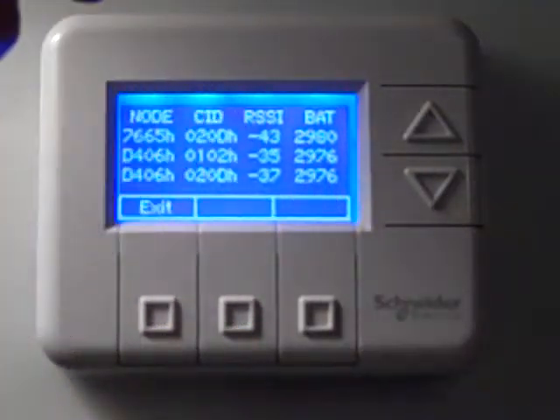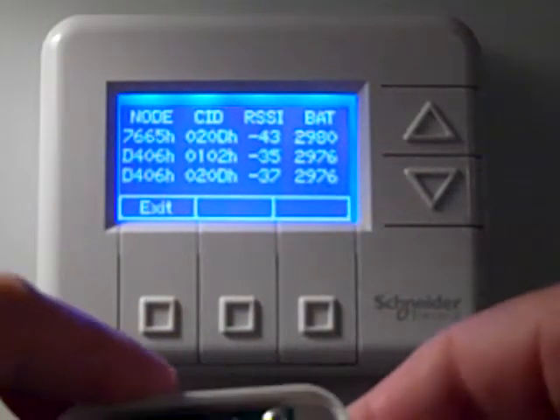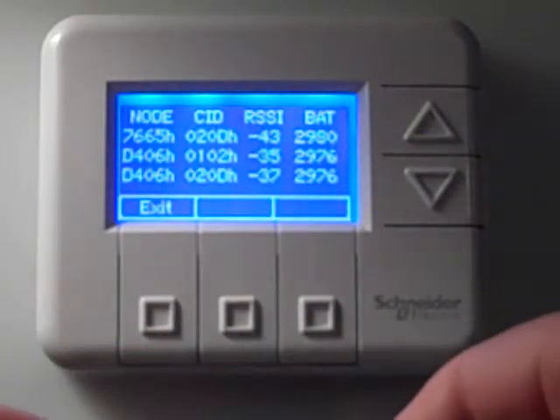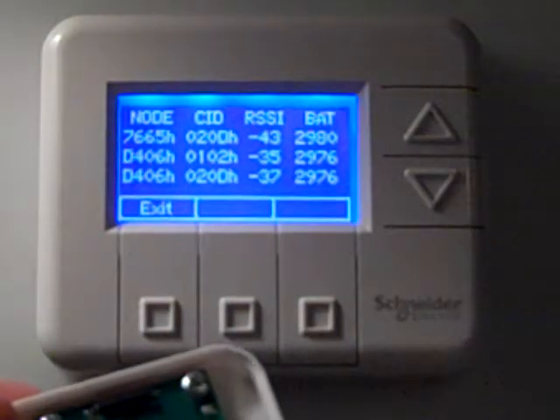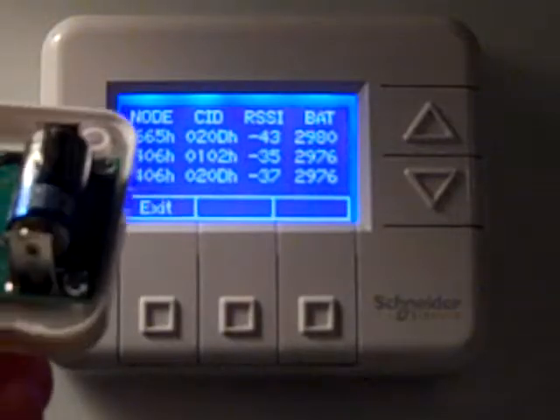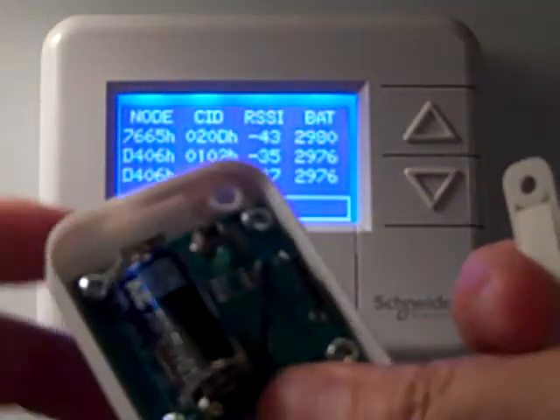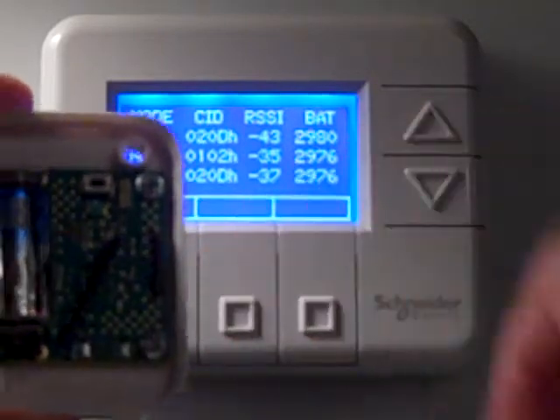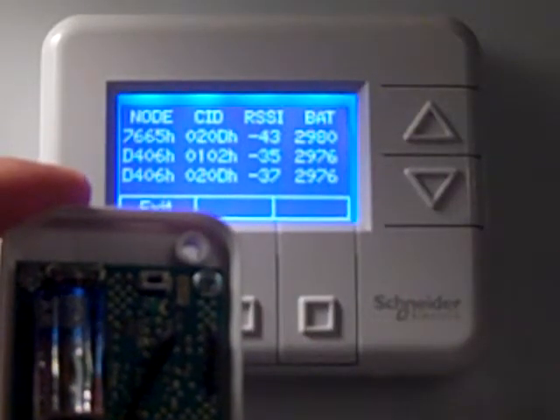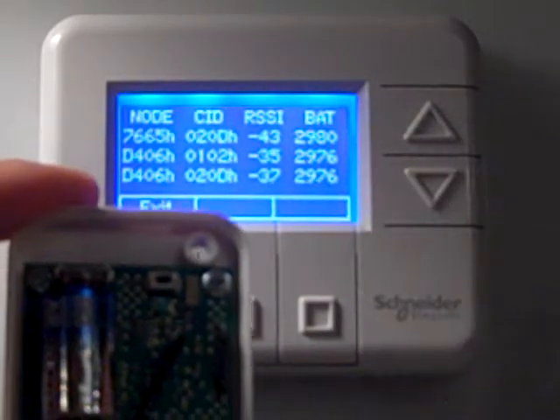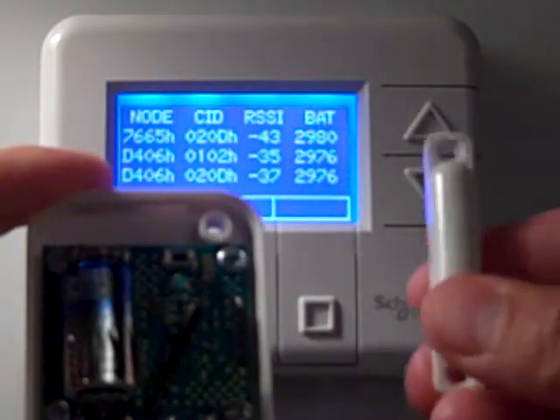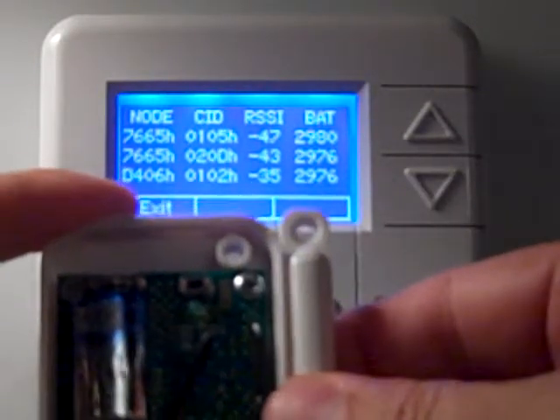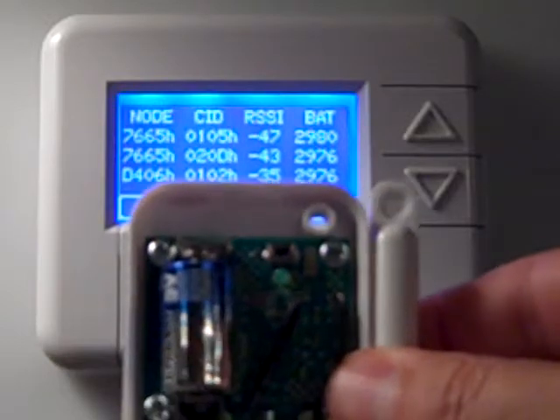Now, if we want to see that the sliding door sensor is working properly, since I do not have this connected to a sliding door, I can take my device right here and look at the opposite side of the battery. There is a reed switch right here. This little black piece is what the magnet needs to come in contact with for an open and a close. So you'll see now if I move this up, close up against the sensor